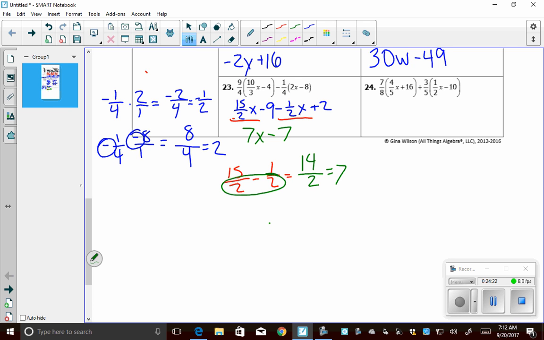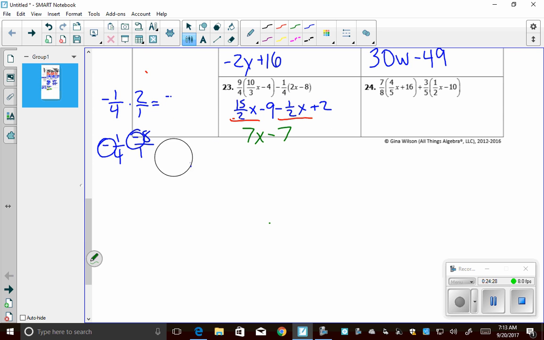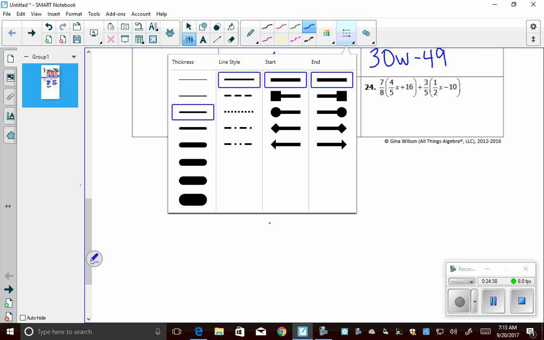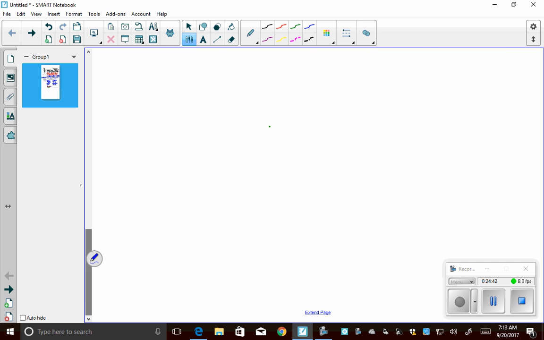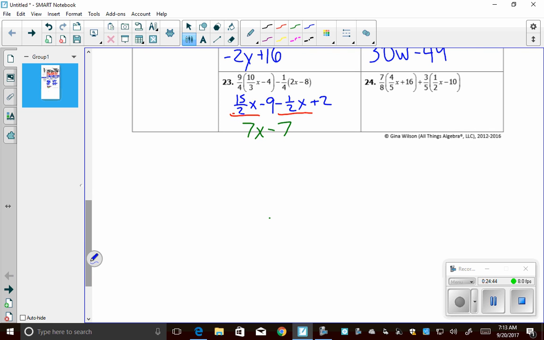Number 24. I'm going to erase my fractions so I can work over here. 7/8. Y'all always say y'all don't like that color. I'm going to go back to blue. Oops, too far. 7/8